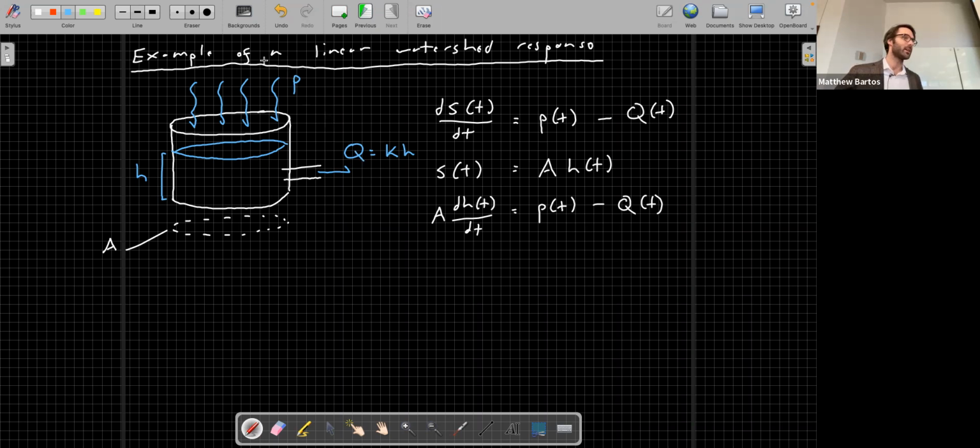So we'll say that Q(t) is equal to K times H(t), and thus H(t) is equal to 1 over K times Q(t). And we can substitute that in and express this entire equation in terms of Q. And what we end up with is A over K times dQ(t)/dt